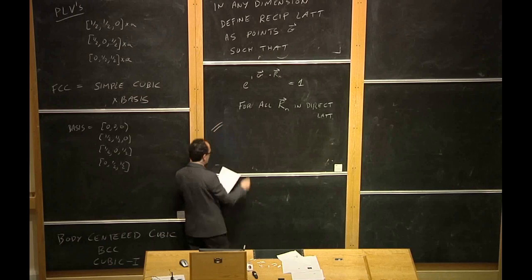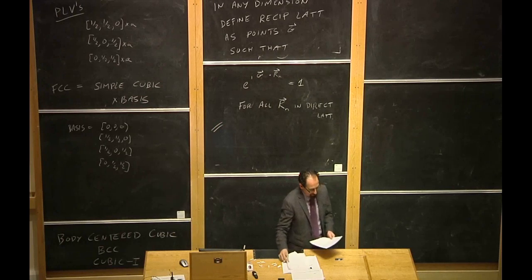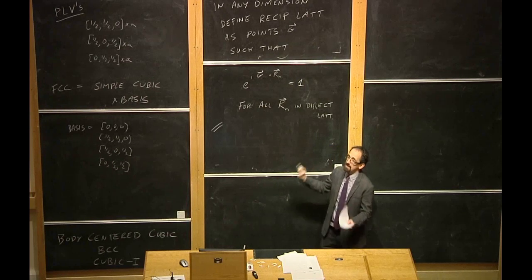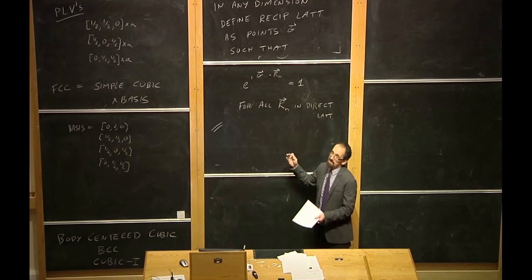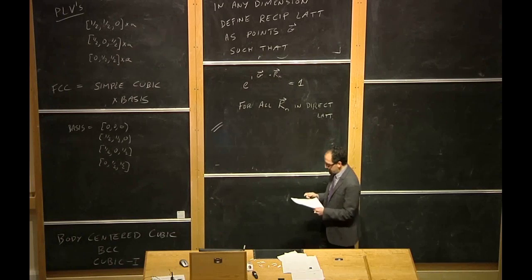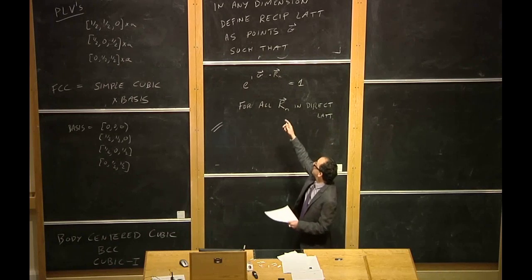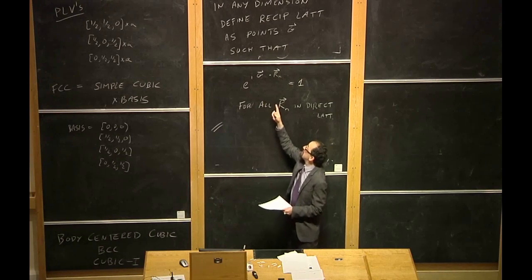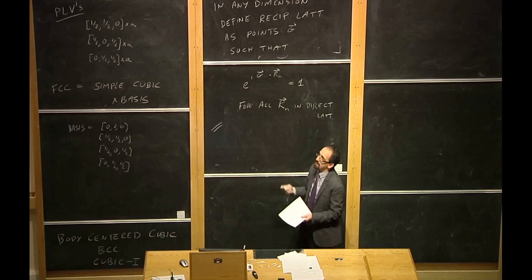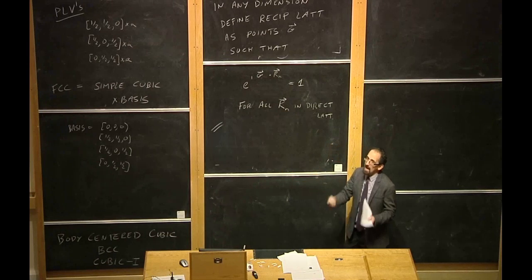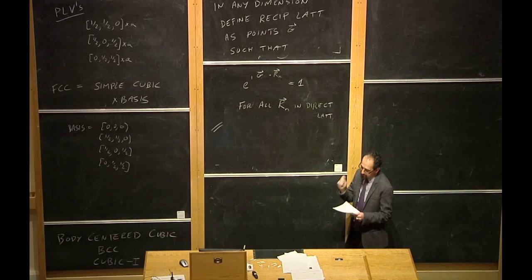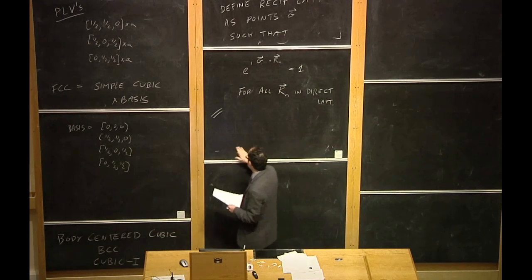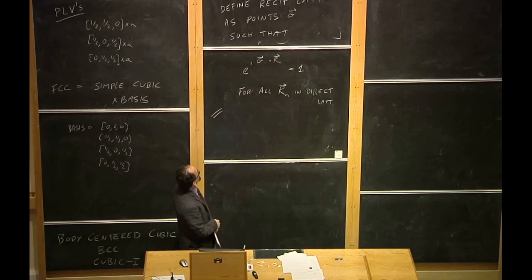Now, this is a nice definition. It's a very useful definition, but I have not in any way proven to you that this definition defines a lattice. I've claimed it defines a lattice, but I haven't shown you it defines a lattice. And the proof that the set of points G in reciprocal space that satisfy this equation equals 1 for all R_n in the direct lattice defines a lattice in reciprocal space is a little subtle and a little tricky. So we're going to go through it